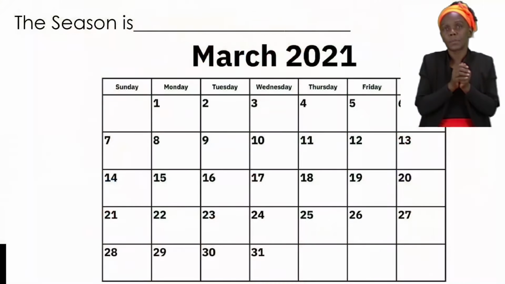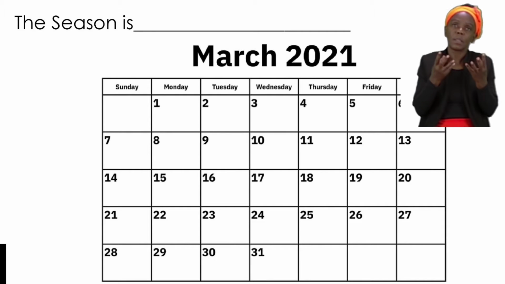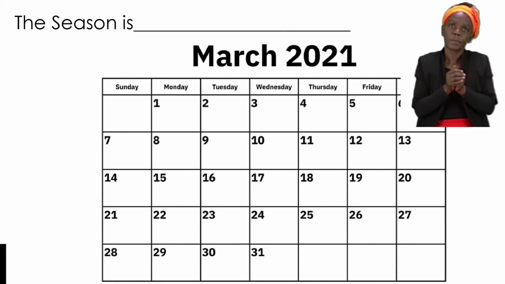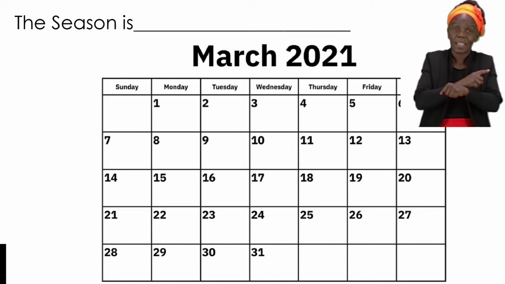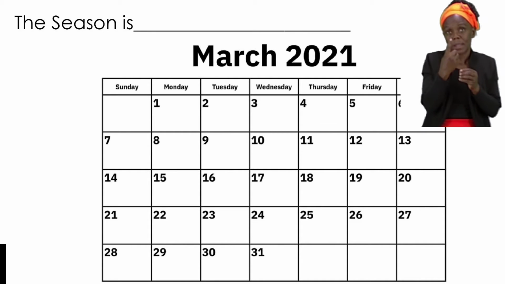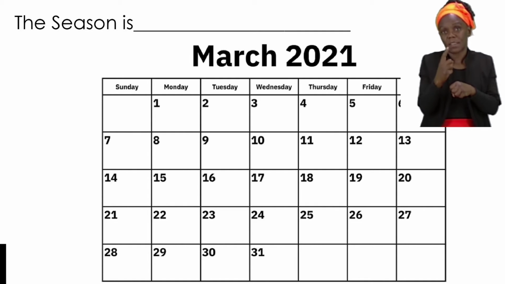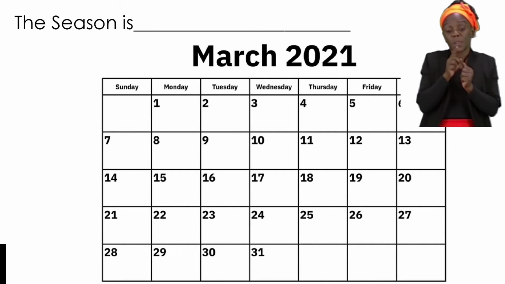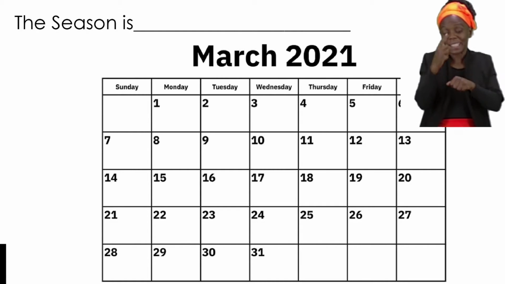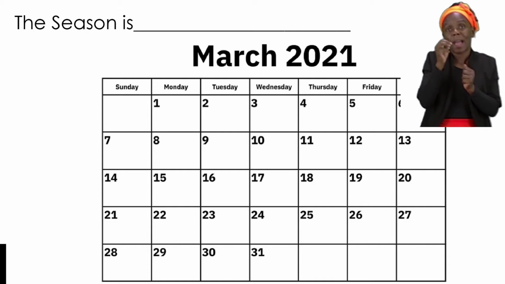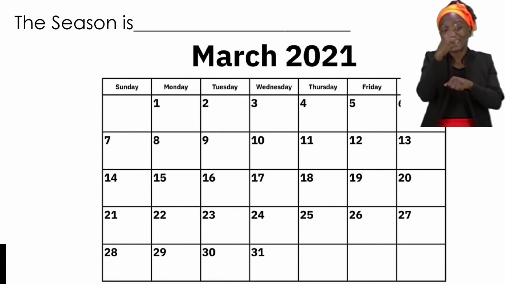So now let us take a look at our calendar. Our calendar is going to tell us how many days, because the first day is always represented by the number 1. And then the last day can either be the 30th or 31st. So, which one is it for the month of March? If you said the 31st, well done. So we know that there are 31 days in the month of March. So I'd like you to please write that for your answer.